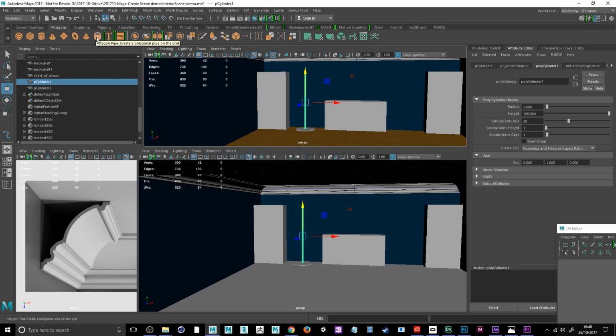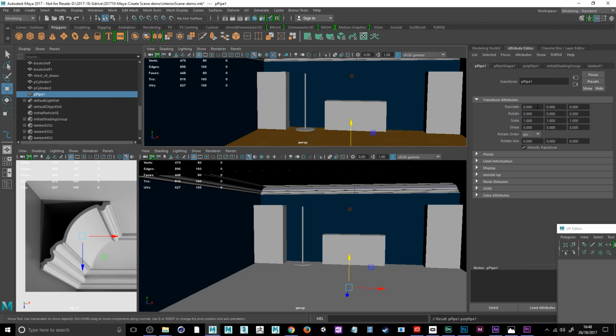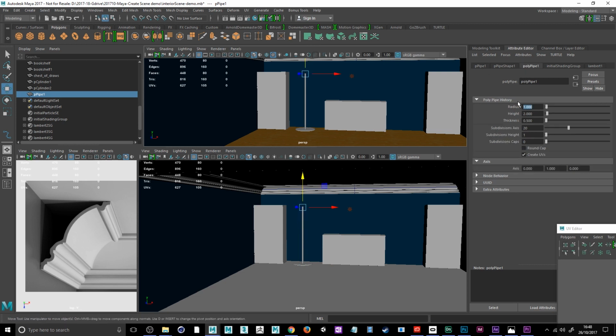So I'll bring in the pipe, and again I'm going to just give it those dimensions, minus 150 by minus nothing, by minus 250. Brings it over to that aspect, and I'm going to manually lift it up,